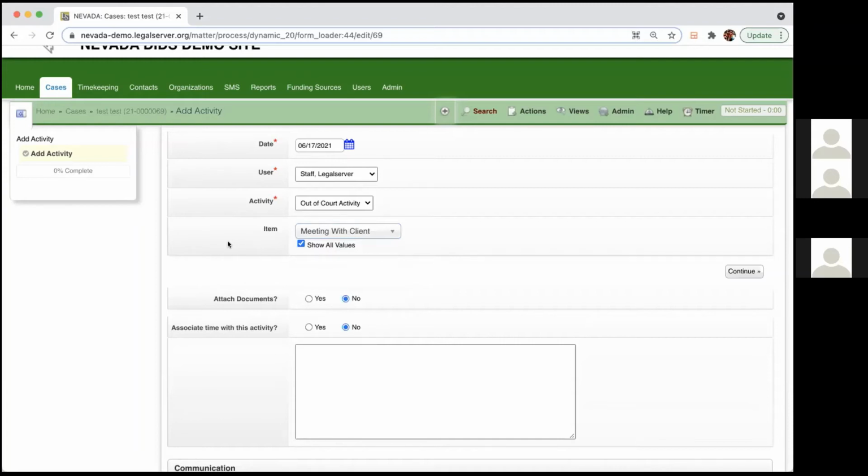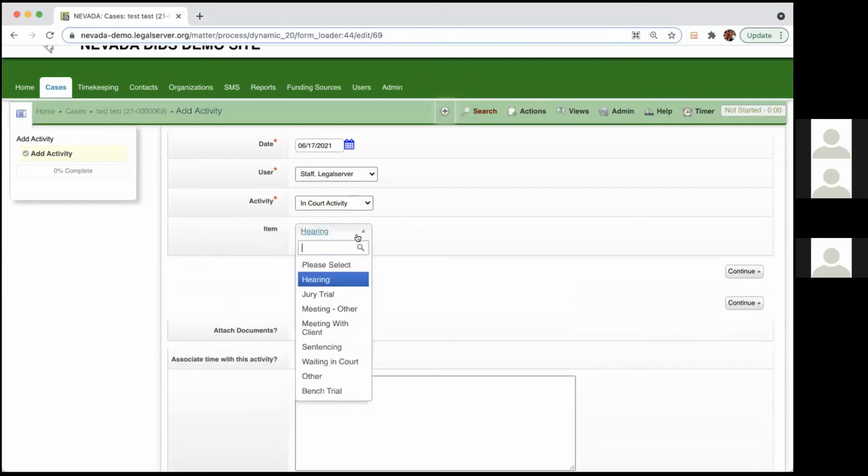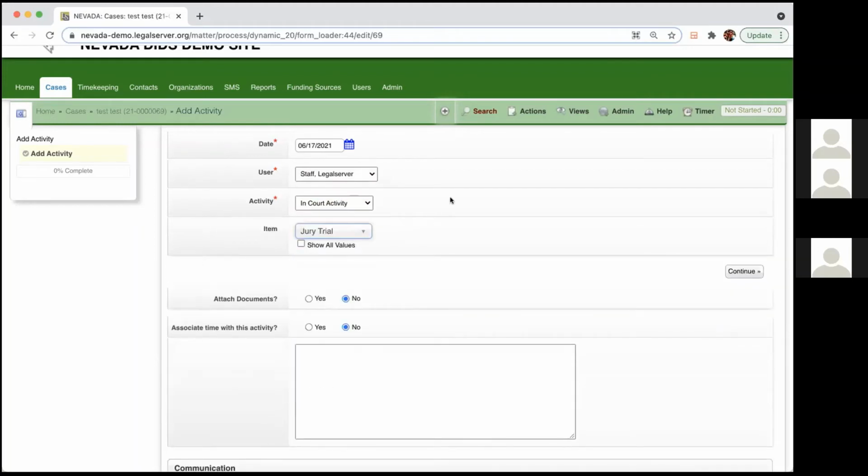So what I mean by that is that we also have a tool called Activity Presets, and that allows your admins to put in some logic into the system and say, well, if someone says that they have an in-court activity and that in-court activity is a jury trial, we might want to create some tasks for the user to prep for the trial or schedule something for the trial witnesses